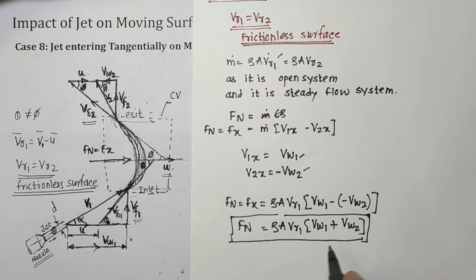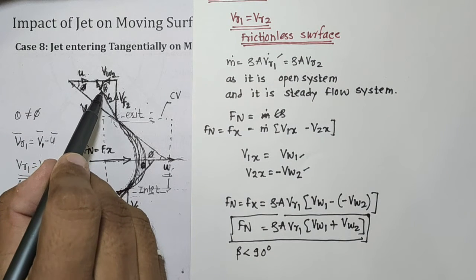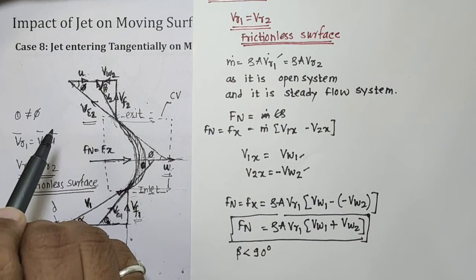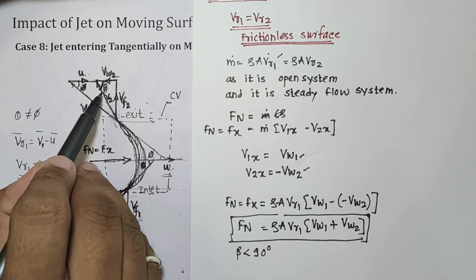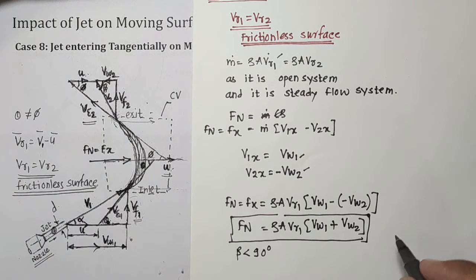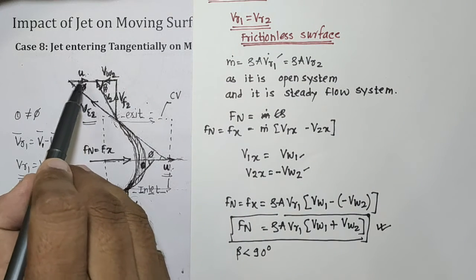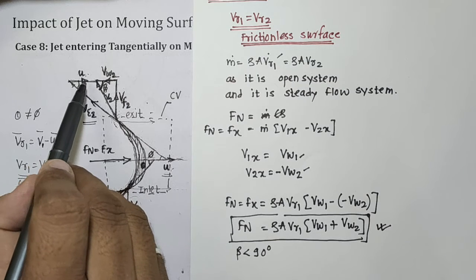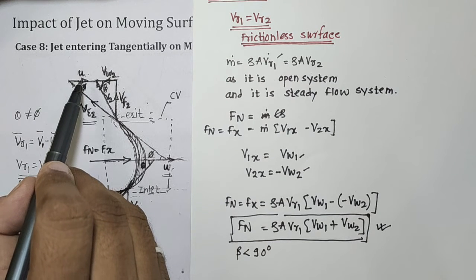Now this condition is when beta is less than 90 degrees. You can see this is beta and this beta is less than 90 degrees. So whenever such a type of condition occurs, the force will be like this. But if this u is larger, u is what we call the blade velocity. If the blade velocity is more,